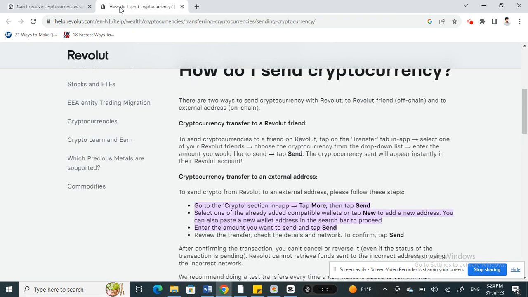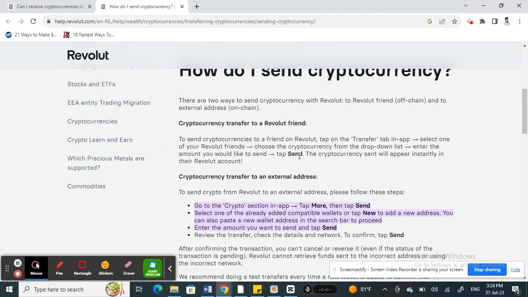So all the sender has to do is simply go to their Revolut and tap on the transfer tab in the app, and then select one of the friends, which means, in this case, you. So ask the sender to select you as the Revolut friend. So choose your contact, and then choose cryptocurrency from the drop down list, whatever they are going to send,